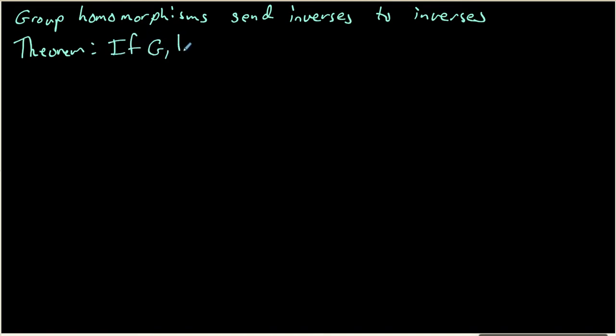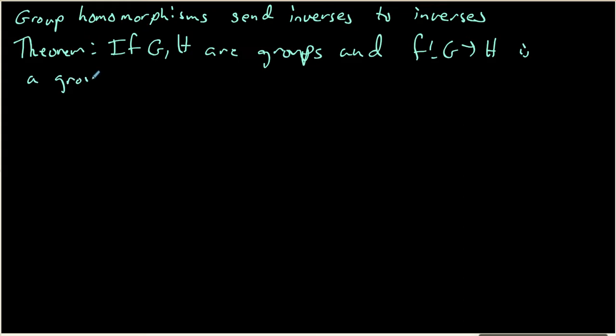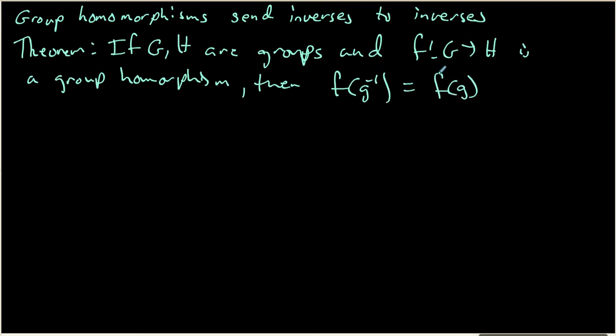If G and H are groups, and f going from G to H is a group homomorphism, then f of g inverse is going to be equal to f of g's inverse for all g inside the domain